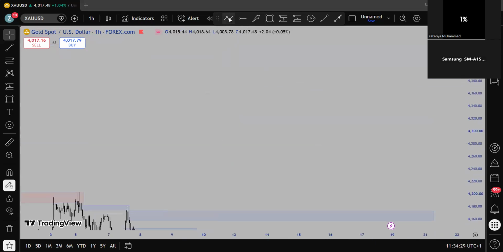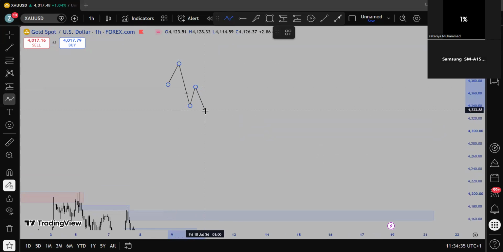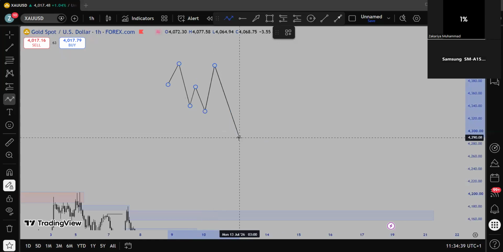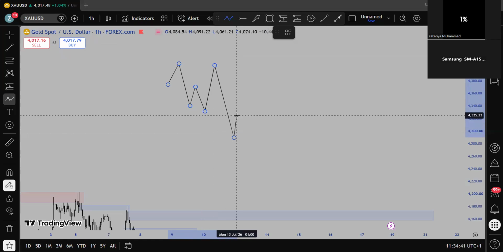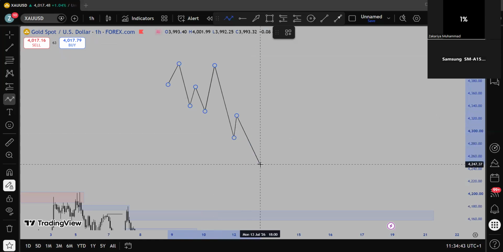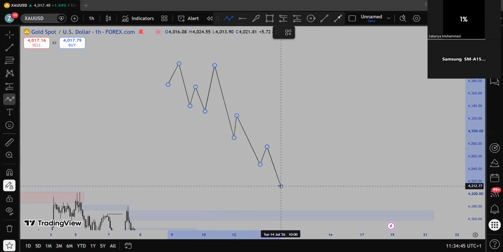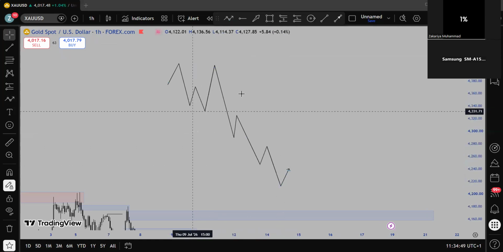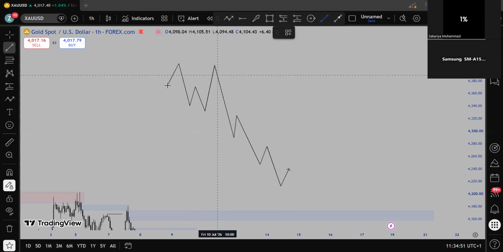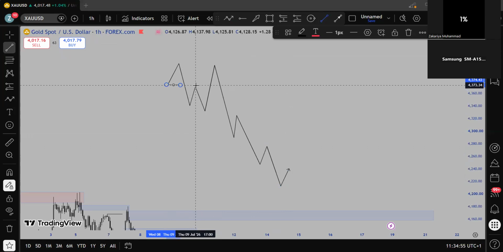Let me explain. Let's say the market taps into a demand zone, gives us a structural shift, liquidity, and then taps into this first one, right? And gives us another structural shift, liquidity, and then just gives you another structure shift, then liquidity. So now, if you say, okay, let me read the structure, what the market is doing currently, you have a structure shift. The market gives you liquidity here.